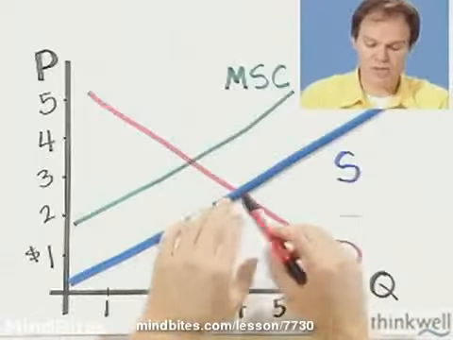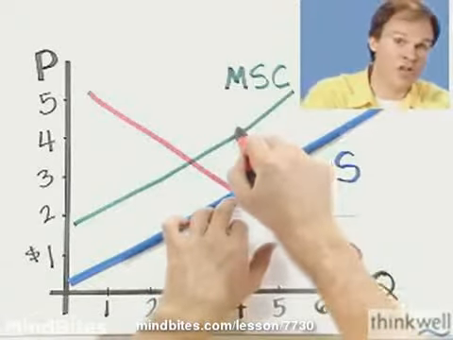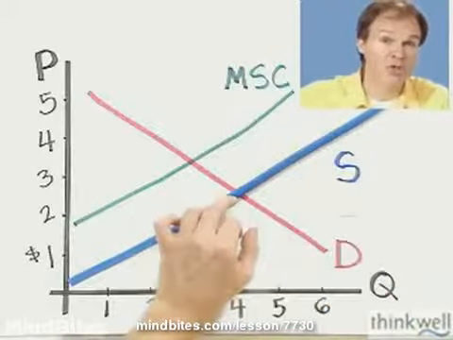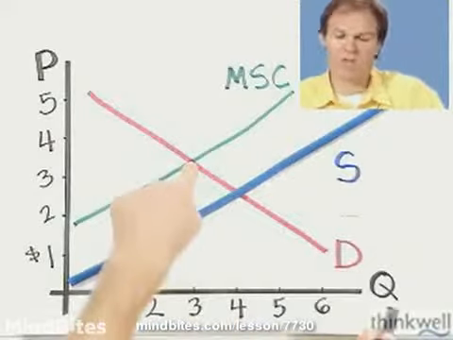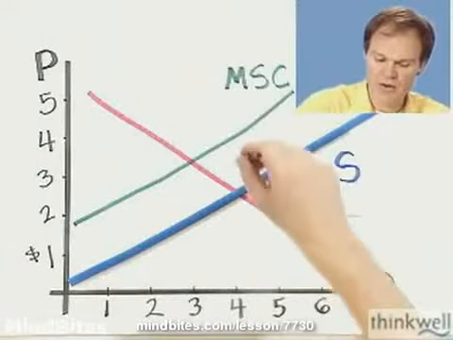And the only reason they are produced is because the box maker can pass some of the costs on in the form of the pollution externality. If he had to internalize those costs, he would stop at this point. So what we wind up getting is a kind of deadweight loss. We get a deadweight loss which is equal to this area here.